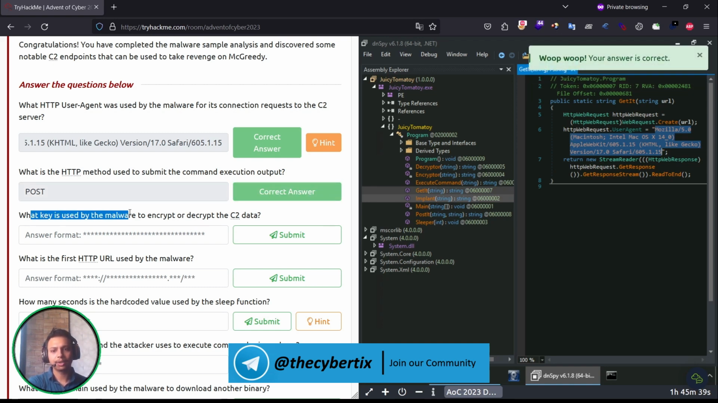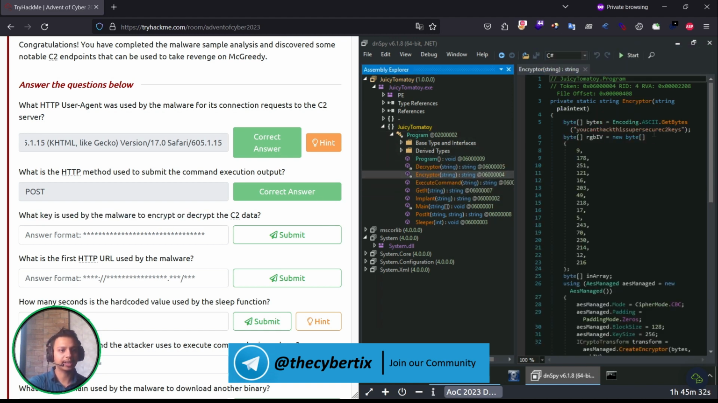What key is being used by the malware to encrypt and decrypt the C2 data? So let me just go to the encryption and see. Okay, over here they had written Encoding.GetBytes. You can see a particular text: "You can't hack this super secure key", right? So let me just copy it,